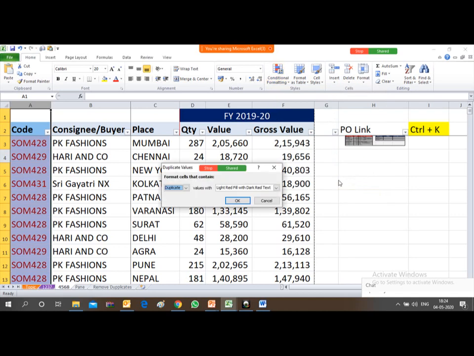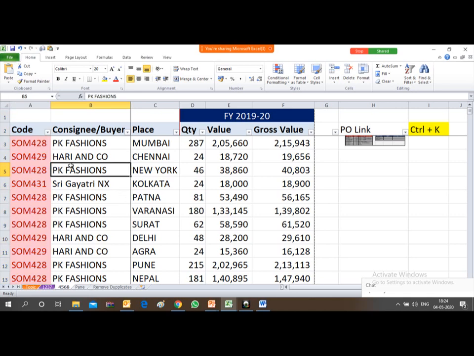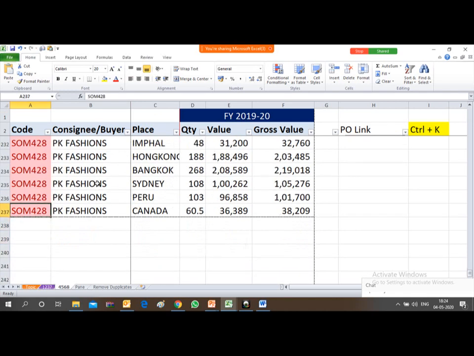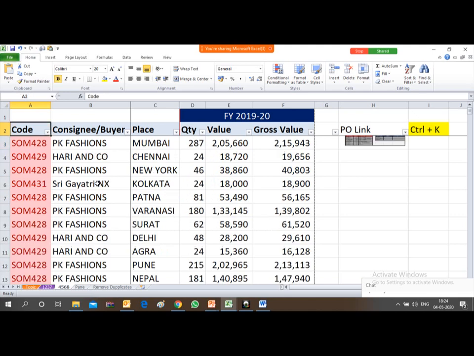As soon as you click, a dialog box will appear. You can press OK. When you press OK, this pink color will highlight whether any duplicate values are appearing or not. So every column has duplicate values.